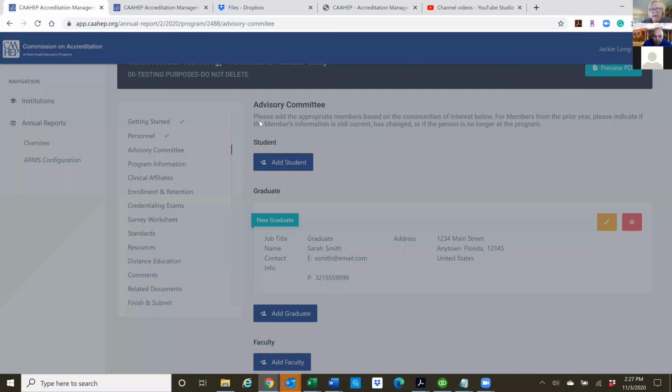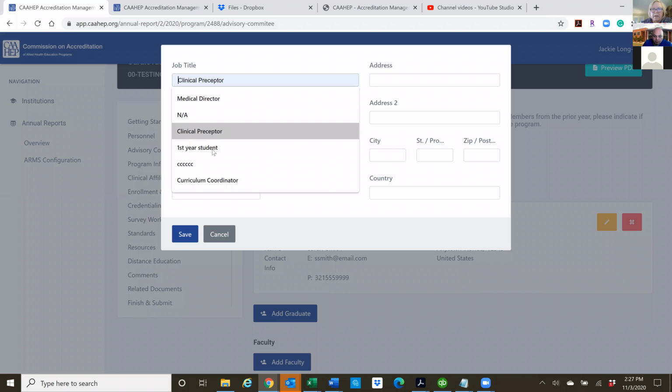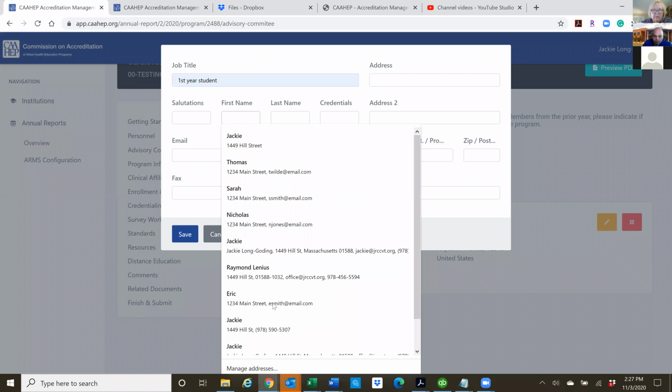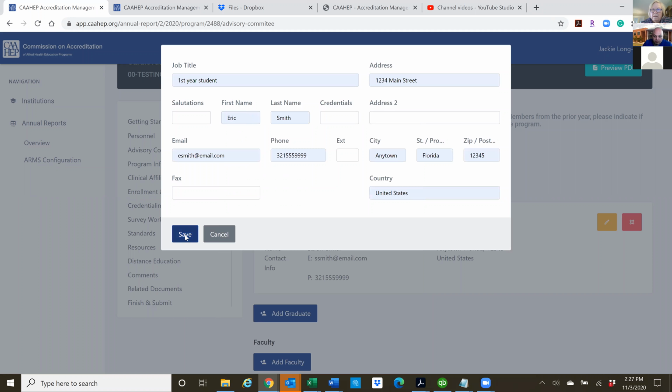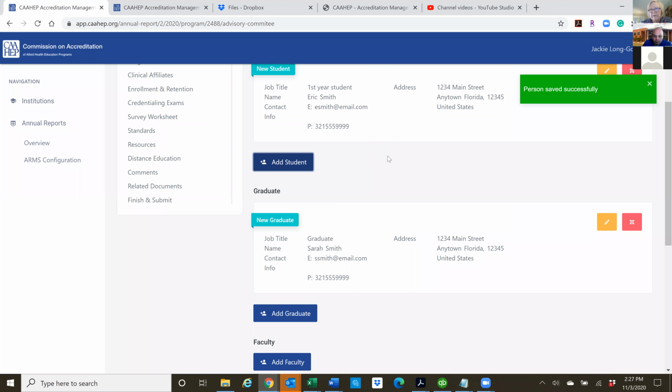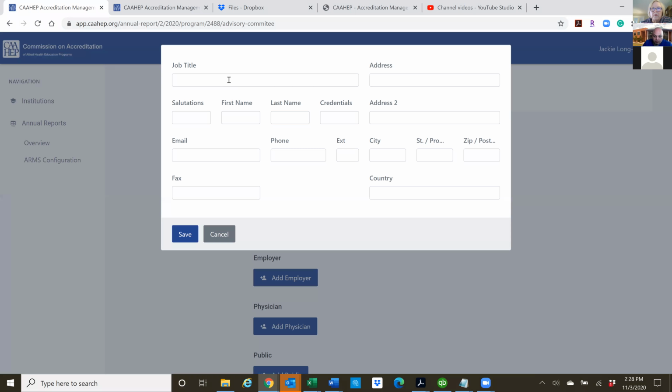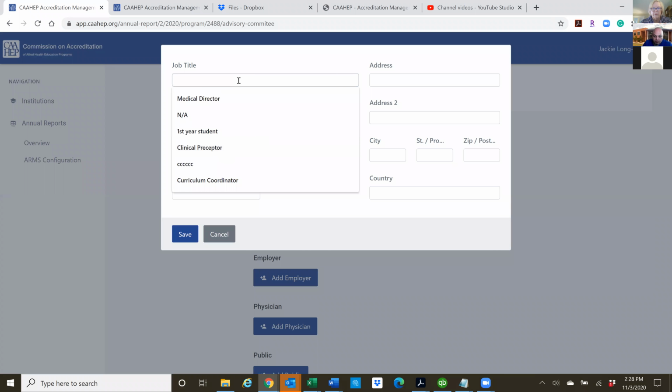And so then you could go back in and do first year student again. And as you can see, I just threw a whole bunch of names and dummy contact information in so we'd be able to work with them. And then you want to add your faculty. So these are all people that are required under standard 2.